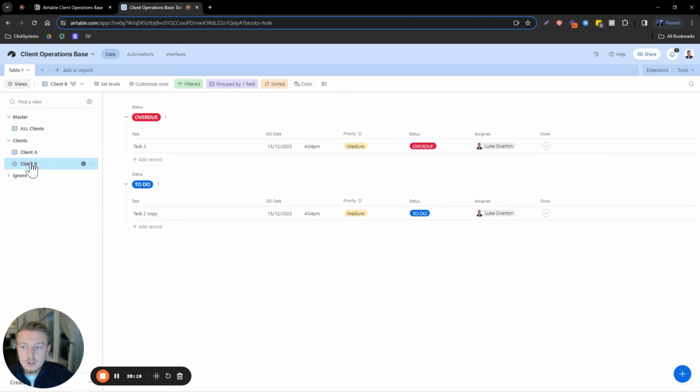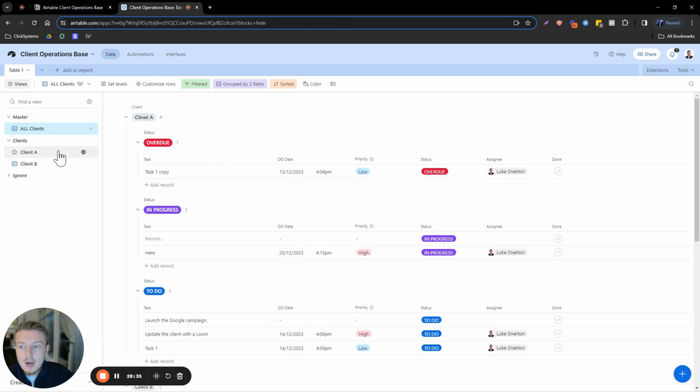So again, you want to now start duplicating those and use that as your project base. Infrastructure complete. This is now a super simple project management base that you can use, as I said, because we've got each individual list, and then we've got the master list as well. But there's one thing that we need to do now to really take this to the next level,